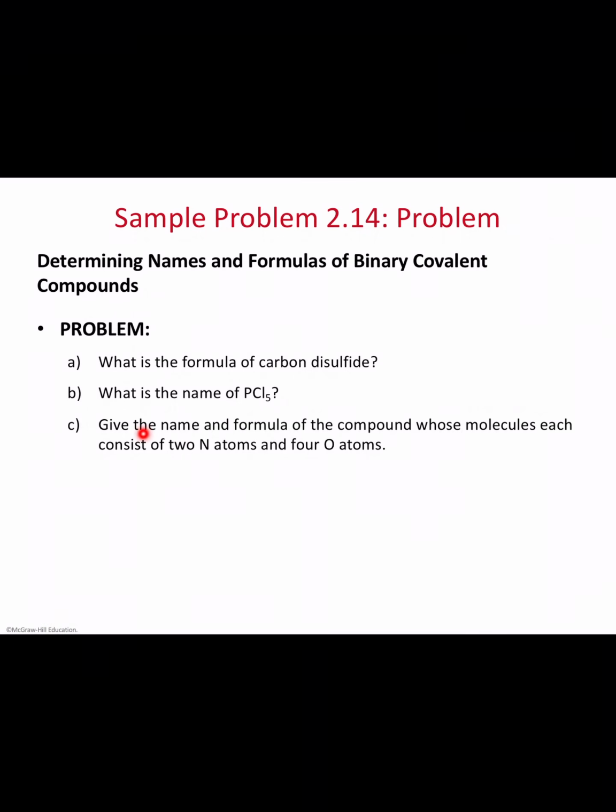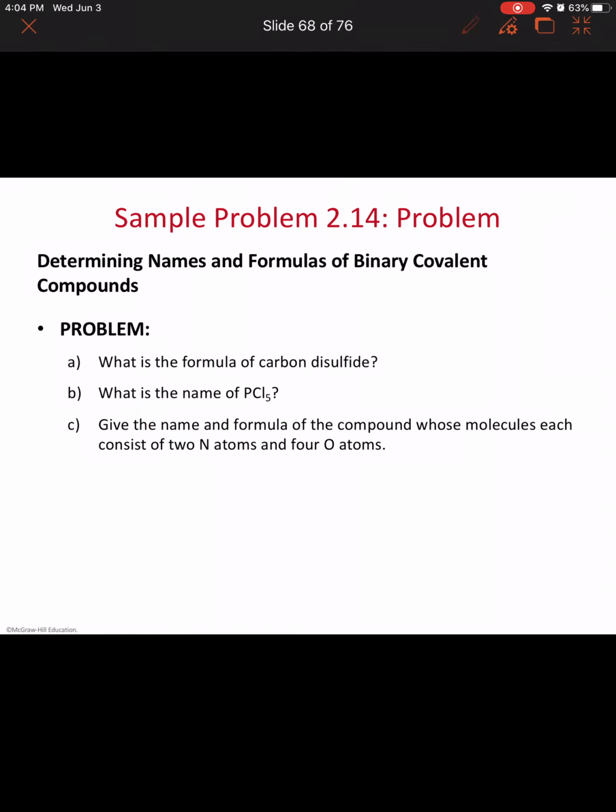And let's look at this problem. What is the formula of carbon disulfide? Now this is again a covalent compound. Carbon is a nonmetal, sulfur is a nonmetal, so we will write carbon disulfide. There are two sulfurs, so CS2. What is the name of PCl5? So we have only one phosphorus, we would say just phosphorus, and there are 5 chlorines or 5 chlorides, we would say phosphorus